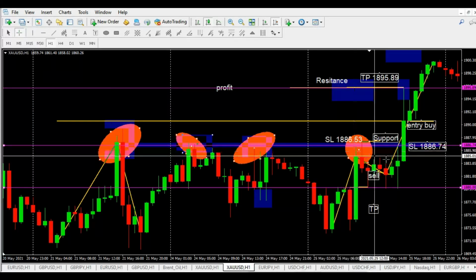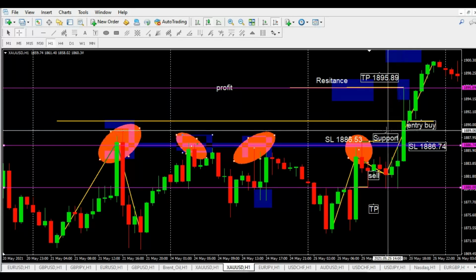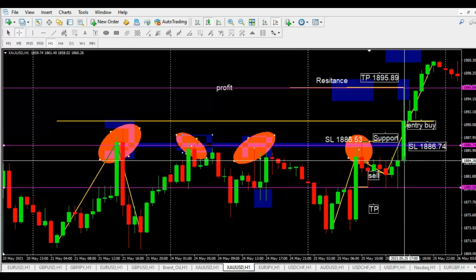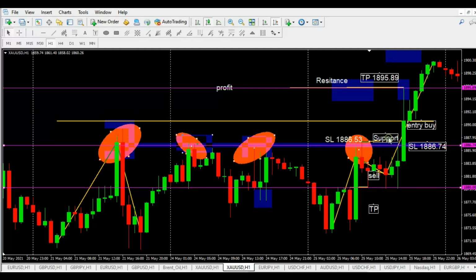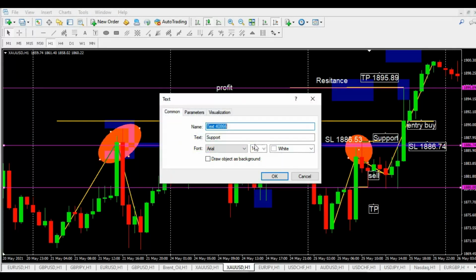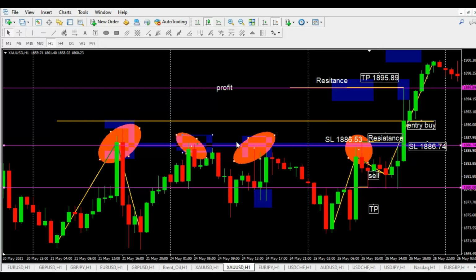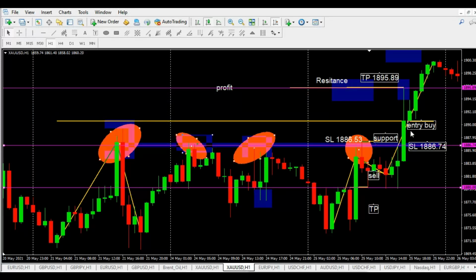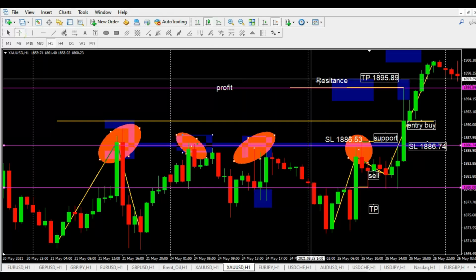If the price bullishly breaks out of resistance, the first time this is resistance, but after the breakout, this resistance becomes support. After the breakout of the resistance, we just enter buy